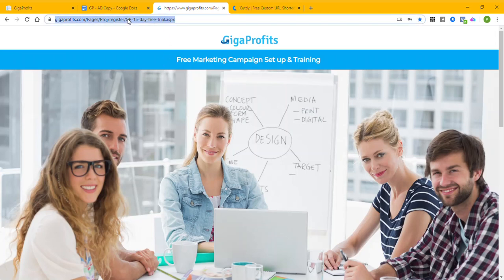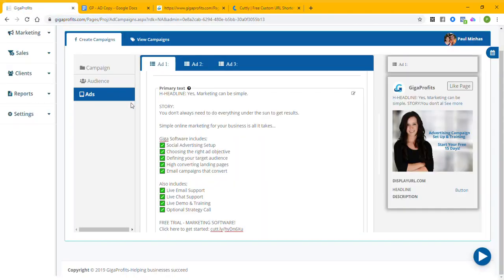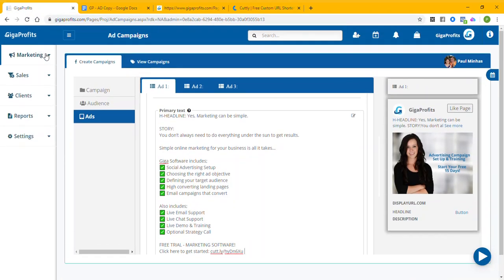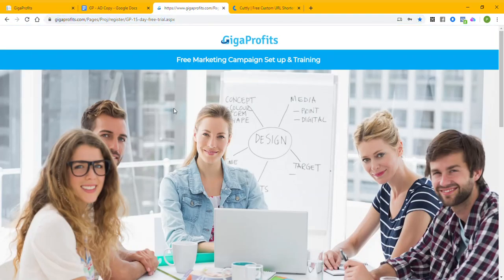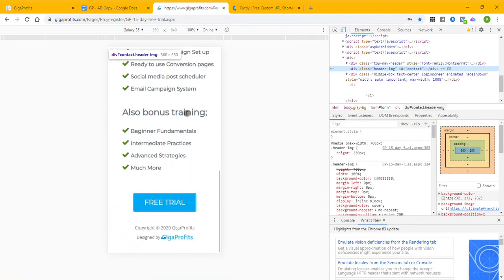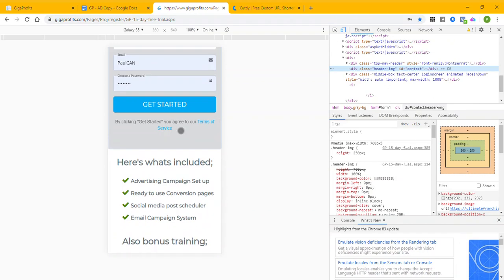So this is created in GigaProfits. Okay, so you can go over to the marketing section here and click on conversion pages. And from there, you don't want to click on it while you have this open, but from there you'll be able to create pages like this, which are mobile friendly, and they're very, very direct,